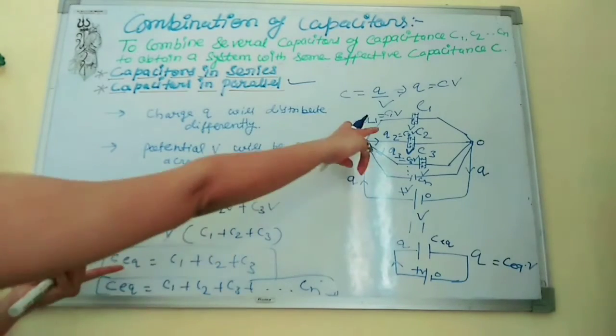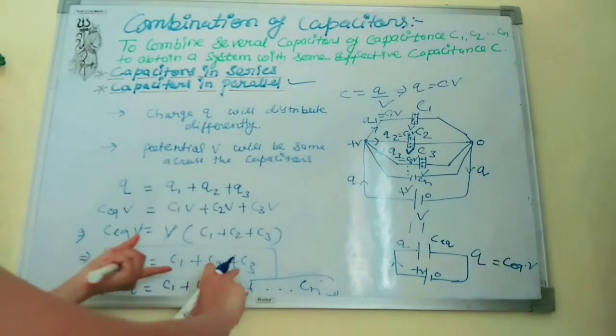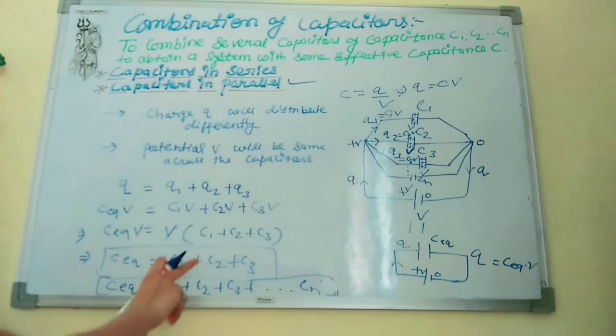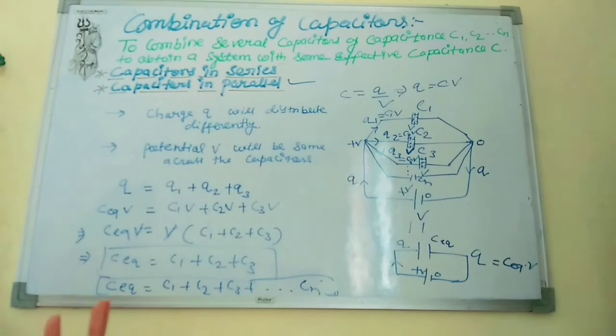And where previously we connected just 3 capacitors, the C equivalent is C1 plus C2 plus C3. So this is the parallel combination of capacitors, right? In the series combination you have seen the net capacitance value gets decreased, but in the parallel combination the C equivalent always gets increased. So just take a screenshot and note it down.